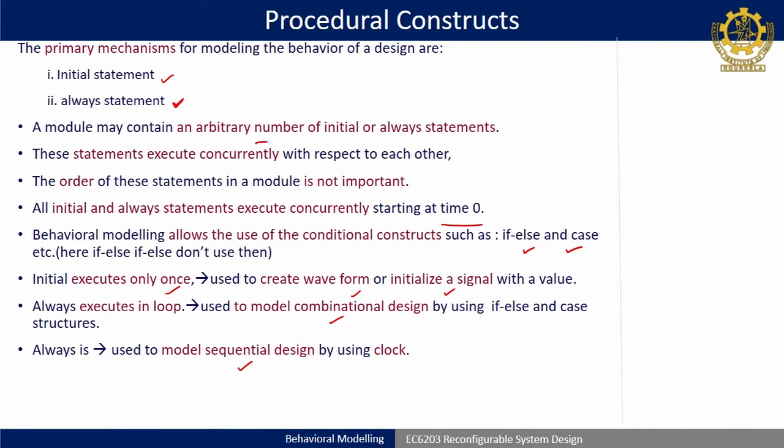The only difference is that in sequential design the clock terminology should be there. That means, you know that without a clock it will never become a sequential design. Many times I used to tell, we have two types of always: one we can say combinational always and another is sequential always. The difference is that in sequential always the execution will be done on the positive edge or negative edge of your